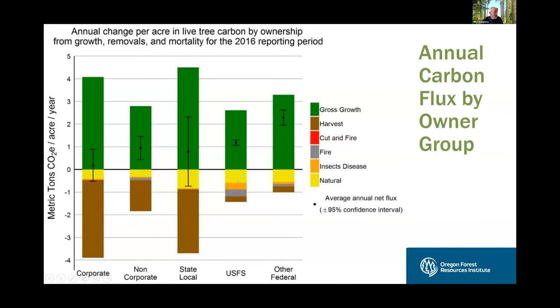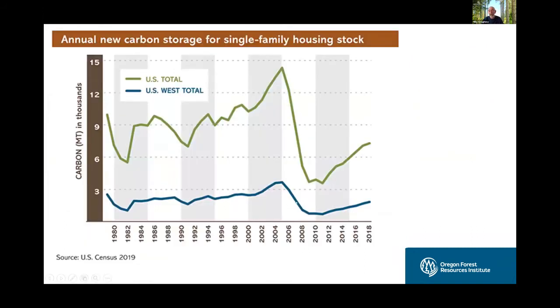So overall, we are increasing, but one of the interesting things about when you just look at this, and this is why it was very important that we also look at the wood, is this analysis here in this graph shows harvest as a negative because it's no longer out there on the ecosystem, but it is still storing carbon. And that's where the wood products come in.